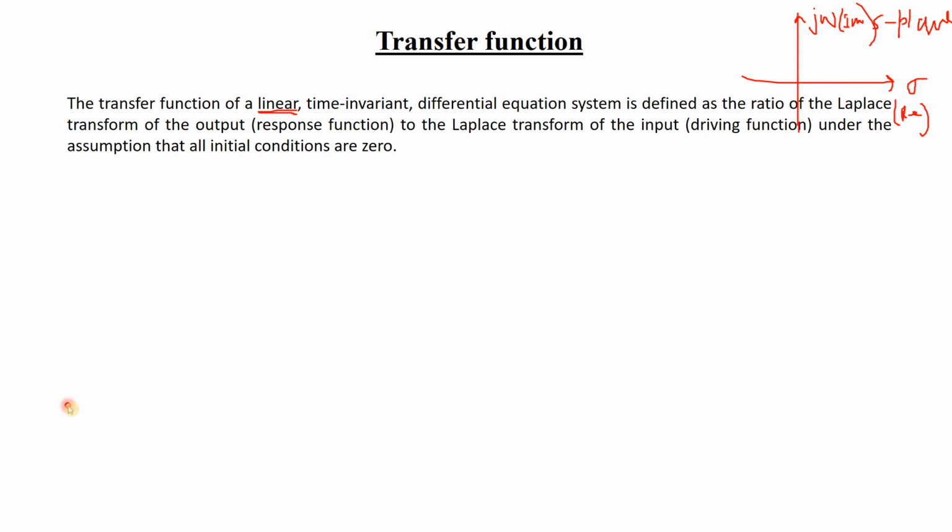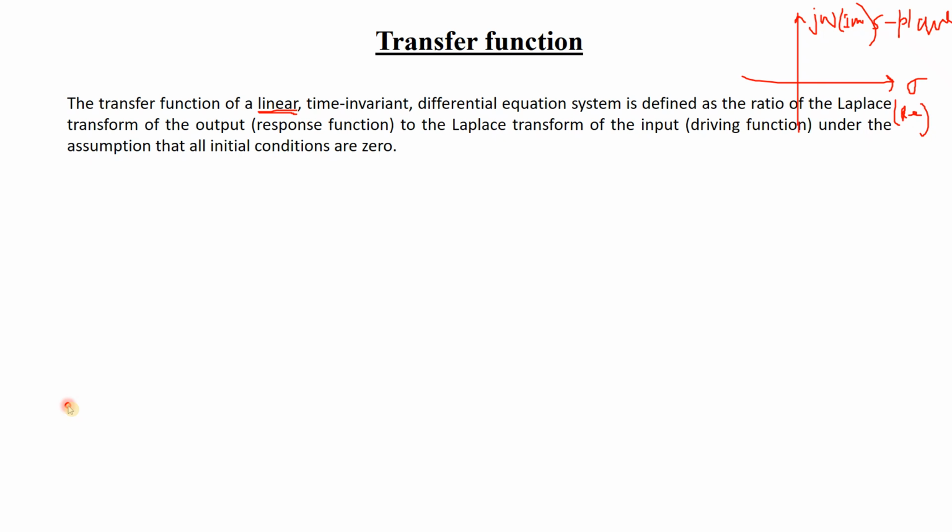which is nothing but like efficiency, output by input. But we do not take the direct output; what we do is take the Laplace transform of the output. That means we determine the Laplace transform of the output, whatever it is, if the output is say energy. Okay, so energy is with respect to time. Energy means work, so power into time, but we will not use those physical quantities which are with respect to time. We will consider those in the form of S domain. So first of all we have to convert into Laplace transform.